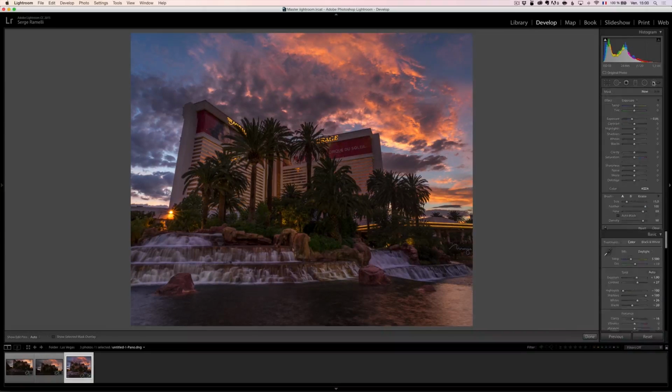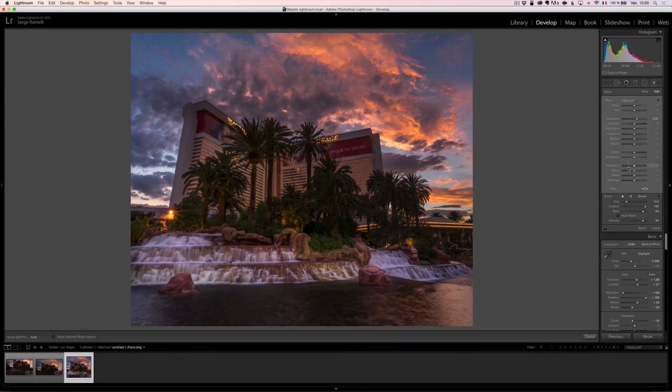Then I'm going to take a brush, boost the exposure, and just paint over the water because I want the waterfall to be the star of this photo. I want it to be much brighter, like this. Good. And then I'm going to show you another local filter which is really cool, which is here,